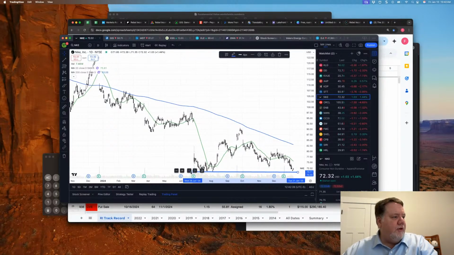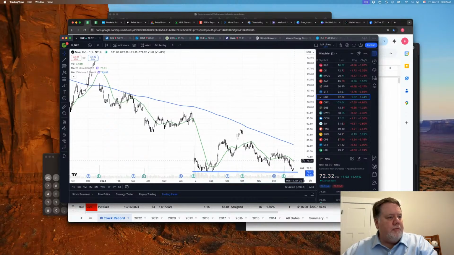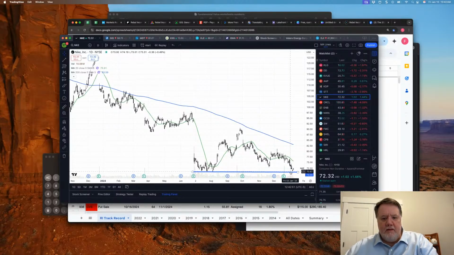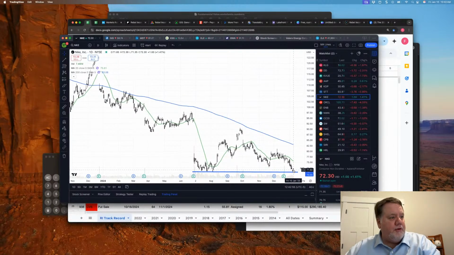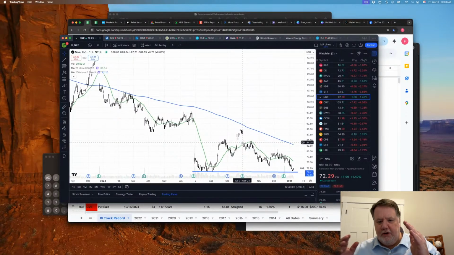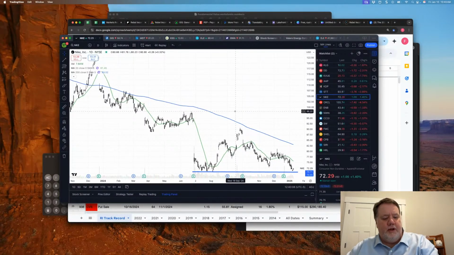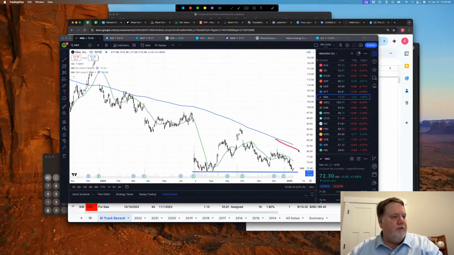Now I sold the $74 strike. That's still quite a bit below the strike price that I sold, but that also is pretty encouraging to me. With the way that support has held here and appears to be holding again right now, this looks pretty encouraging. And if anything, it looks like what this may do is simply continue to narrow the distance between the 200-day moving average, which is coming down, and this support.